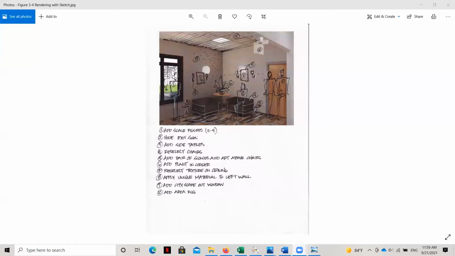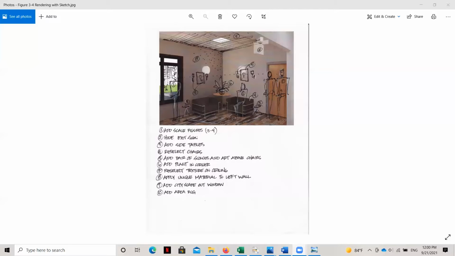I try not to do too much, because this can affect the size of the drawing very quickly. But I always try to add a few elements that just make the space feel lived in and give an indication of the decoration or decor that will be included. And then, of course, I also want to make sure that my finishes and my lighting selections are unique. And so that's what always needs to be included in a rendering.